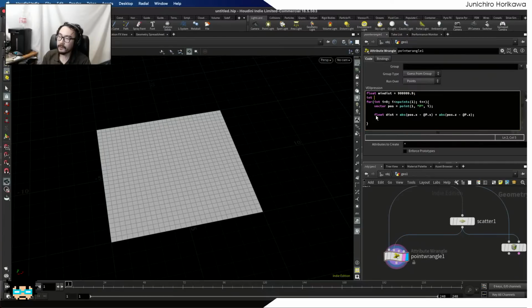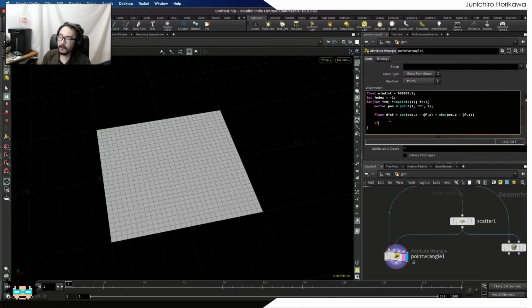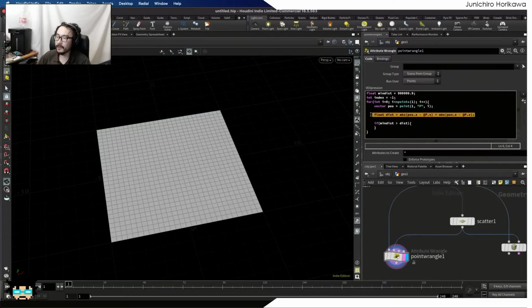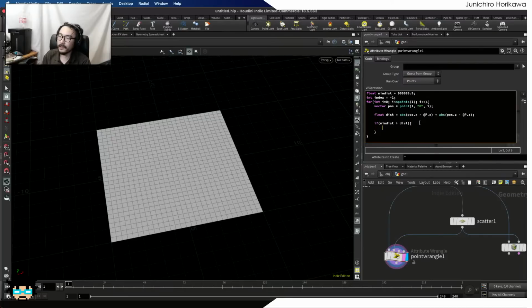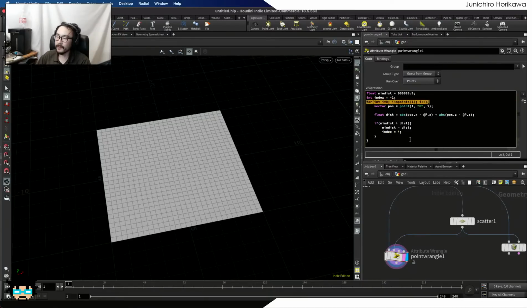Then also create an index to show which point has been chosen. And I'm going to create a comparison here. If the current min distance is larger than the distance that I have calculated right now, then replace the minimum distance variable with this distance and also update the index with i, which shows the number of points from the second input. Okay, now